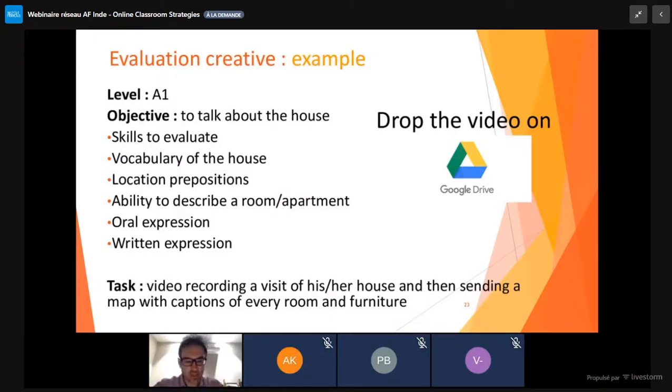This guides me to reply to one of the questions: how to evaluate la production écrite, the written production, how to do this. Many of us are afraid of copy paste. We are afraid of Google Translation. So these two examples, for example, the copy paste. If you know your learners, if you know the level of your learners, you can see very easily if it's a copy paste or not, especially for the A1 levels. For the higher levels, you have some software which can help you to see if there is plagiarism, if they copy or not, or you can just